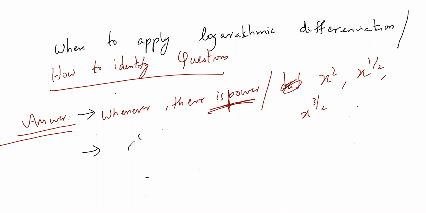Then we apply log on both the sides. Once we do this question, we will come to know how we are doing it. But the main thing to keep in mind is, when there is power, something to the power x square, x power 1 by 2. I'll show you how the question looks now. It is a very easy question, and I'm sure you will get 90 plus, 95 plus if you follow this pattern.